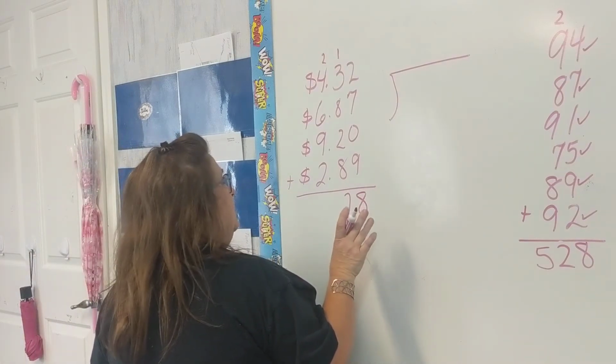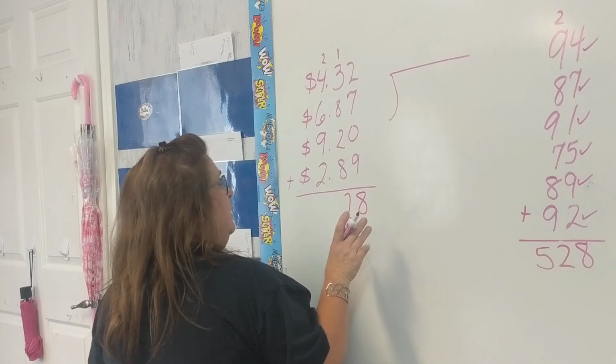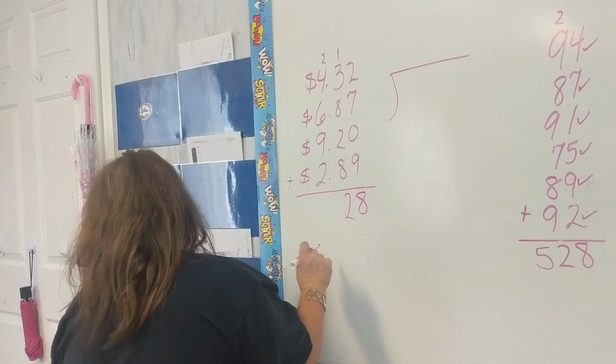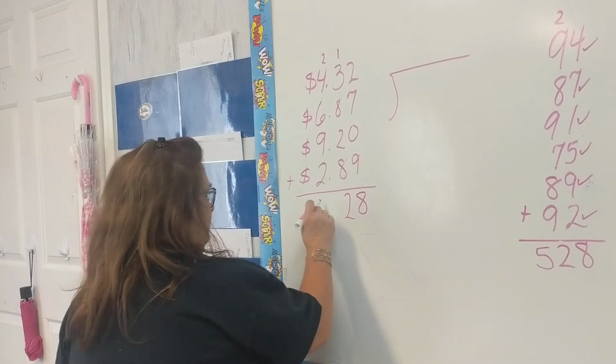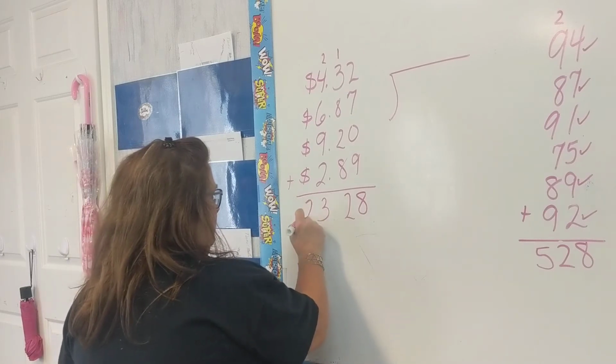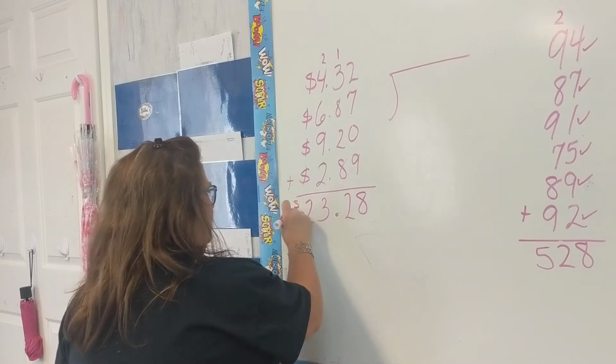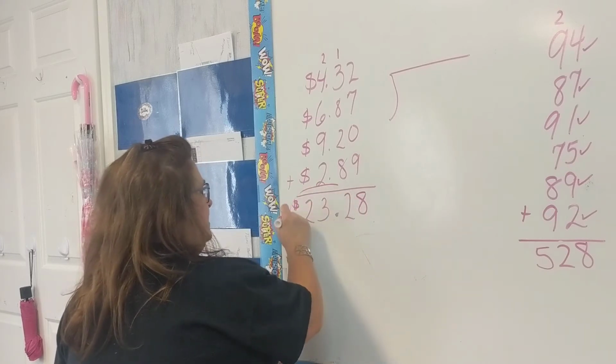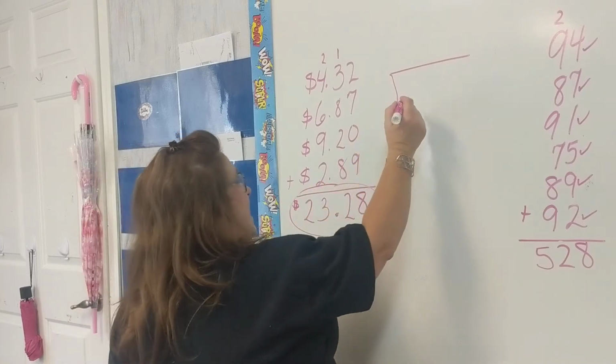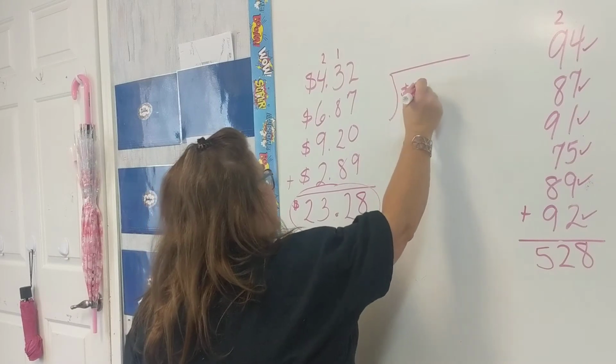Why is this hard for me? Plus 9 is 21, 9, 10, 11, plus 2 is 23. Put our decimal point there, our dollar sign there. Now we're going to take our sum and put it up here as our dividend. $23.28